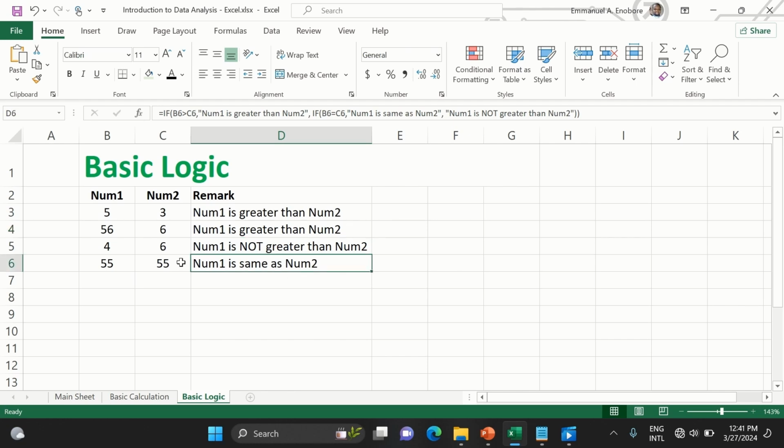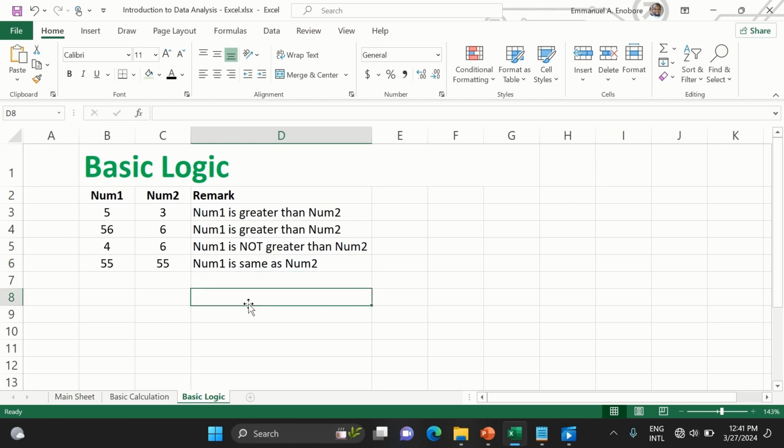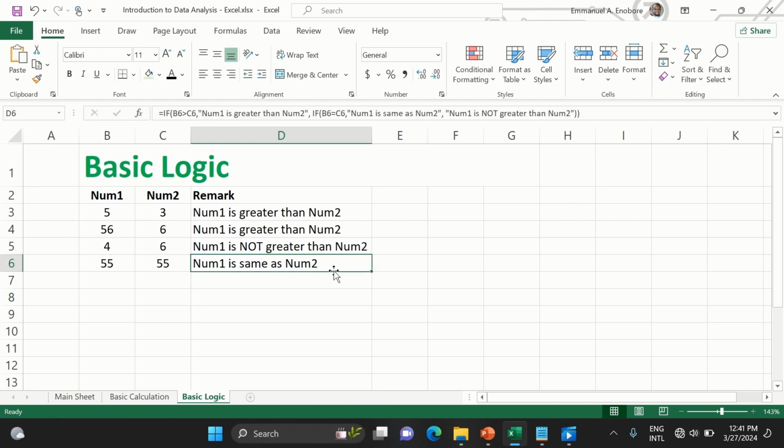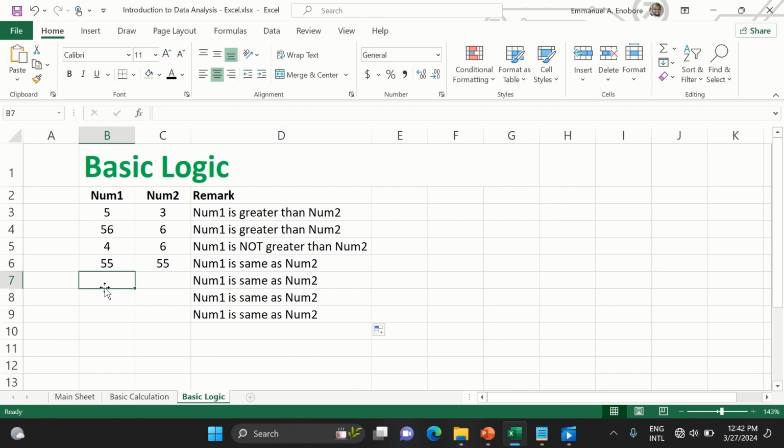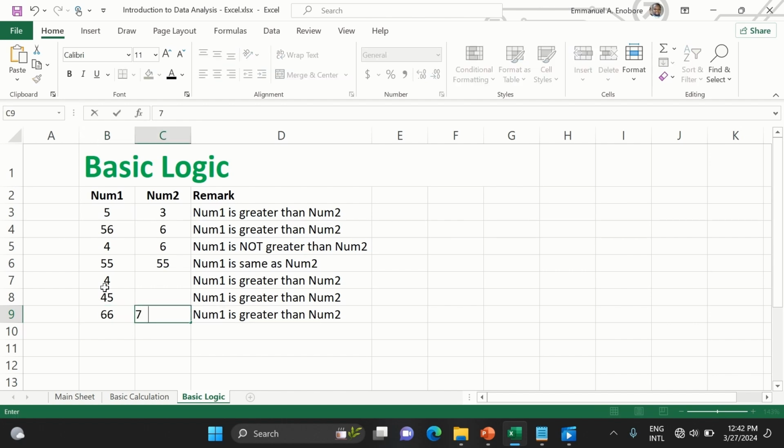In this video, I'm going to introduce you to Excel. Excel is a data analysis platform or package that you can use to do several things that have to do with data: how you can analyze data, how you can deal with graphs, how you can plot charts, and how you can make informed decisions after you create a proper Excel package that can help an institution like a school,